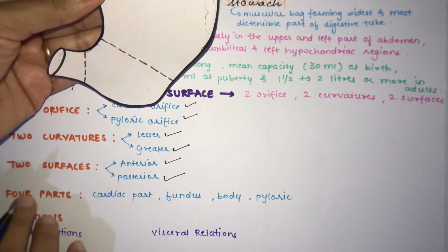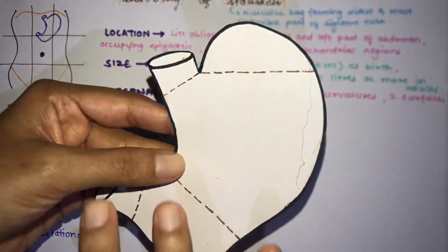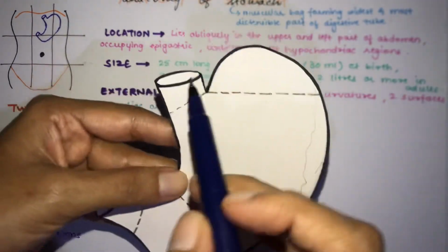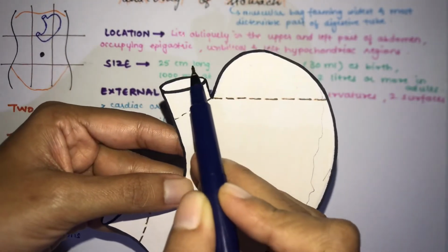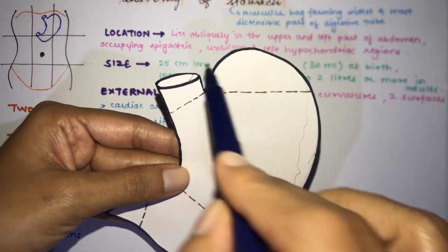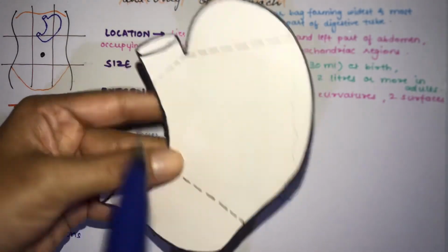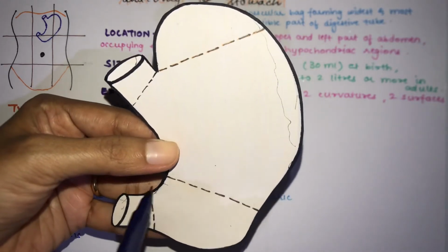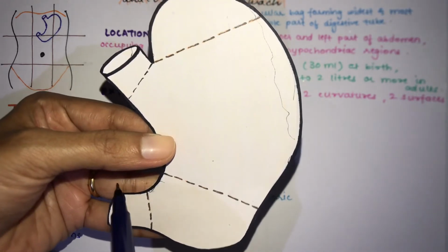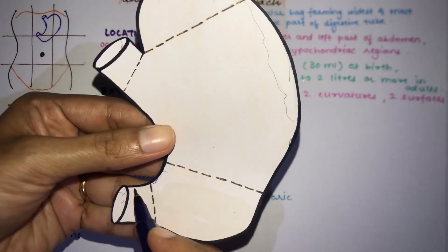Now moving on towards the most important thing, that is the parts of your stomach. First we are going to see all the external features of your stomach. Starting off, over here this is your cardiac opening or the cardiac orifice. Over here this is your cardiac notch, this depression is your cardiac notch, this one is your greater curvature, this is your lesser curvature. Over here this is your angular notch, this is the pyloric orifice or the opening, and over here you have the pyloric sphincter.